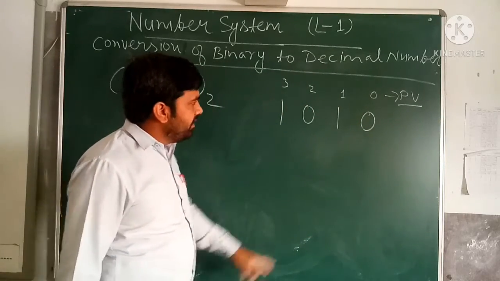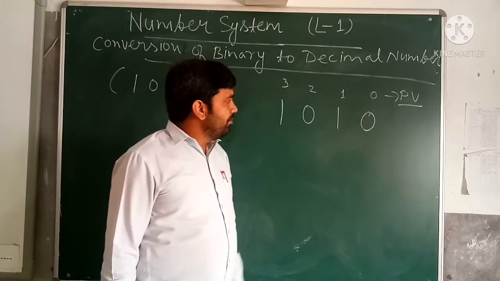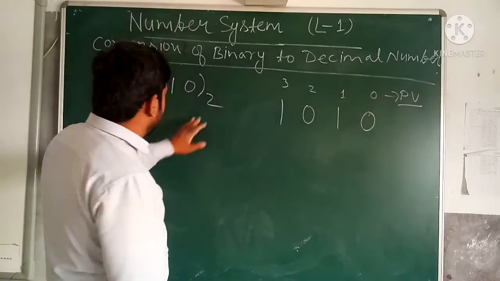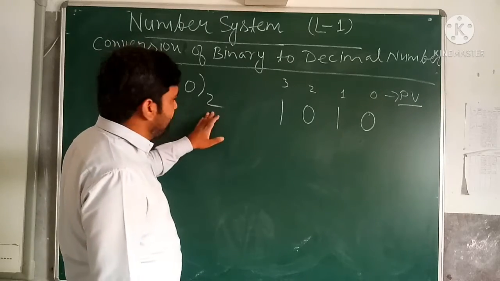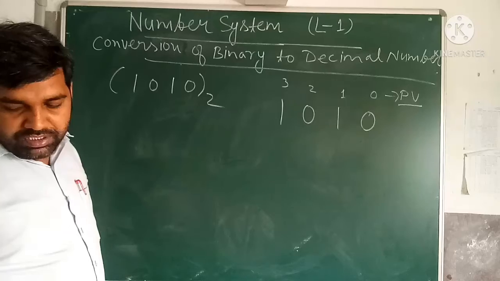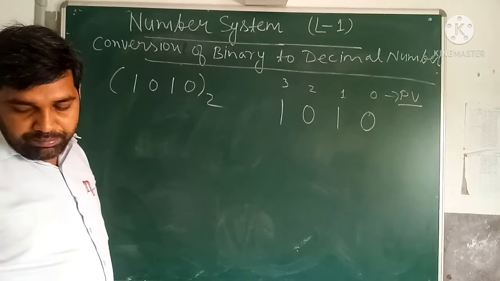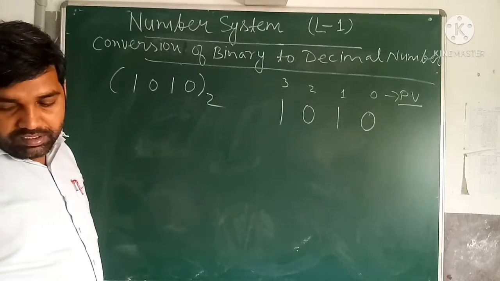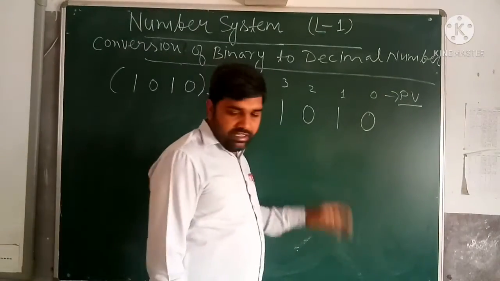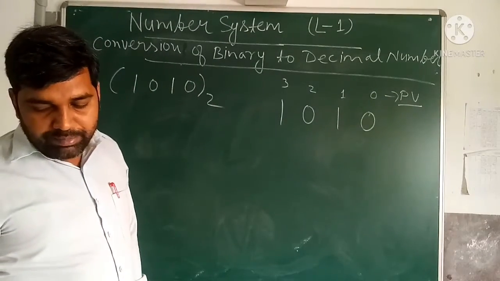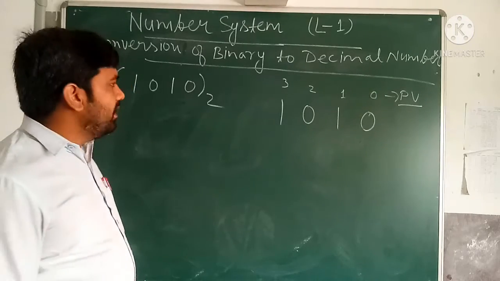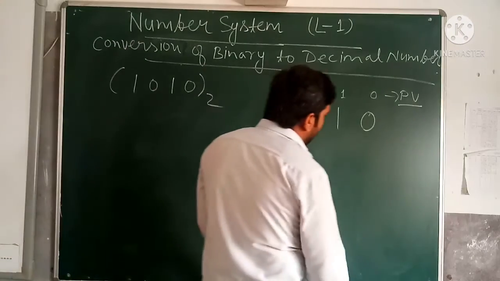Now we have to multiply each digit with its positional value. So this positional value will go to the power of the base. The base of this number system is 2. So multiply each binary digit with its positional value, in terms of power of 2, starting from the extreme right digit. After that we increase the power one by one, keeping the base fixed, and calculate the sum of all the products to get the decimal number. See how we do it.